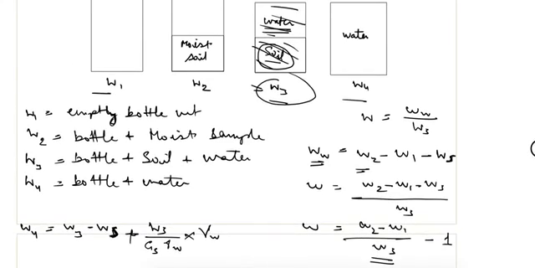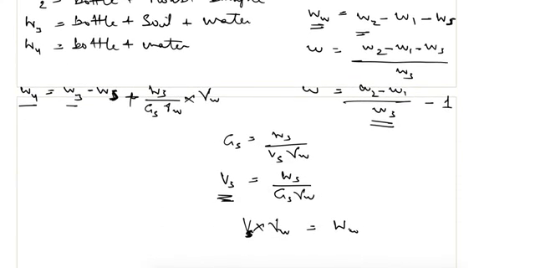So in this equation, W4 we are writing as W3, which is this total weight, minus the weight of soil solids, that is Ws, plus whatever volume was covered by soil solids, we are replacing it with water. So this is how it is done, and from here we can calculate the Ws. So it can be written as W3 minus W4 is equal to Ws minus Ws upon Gs.